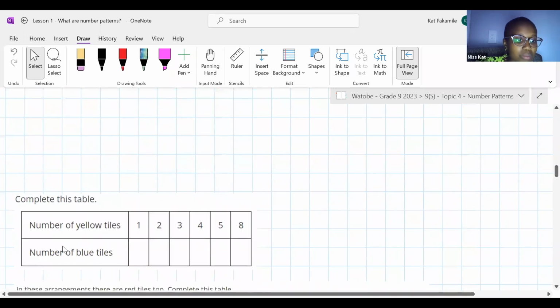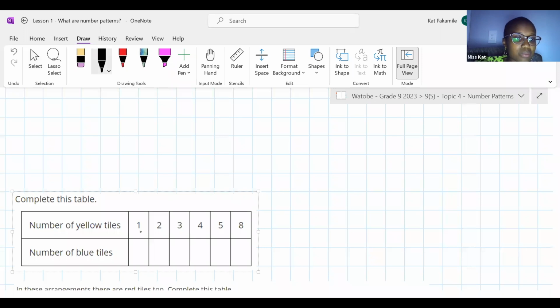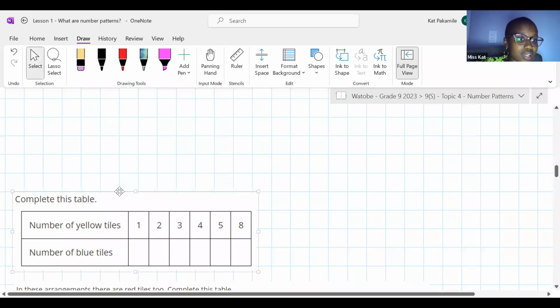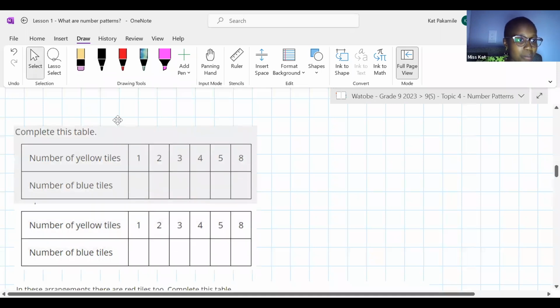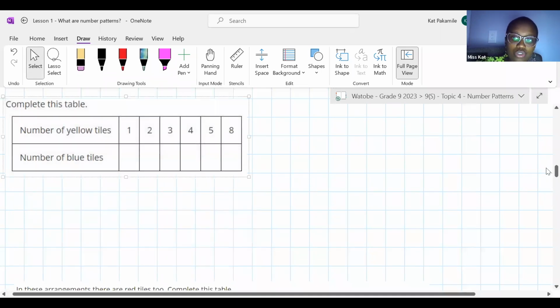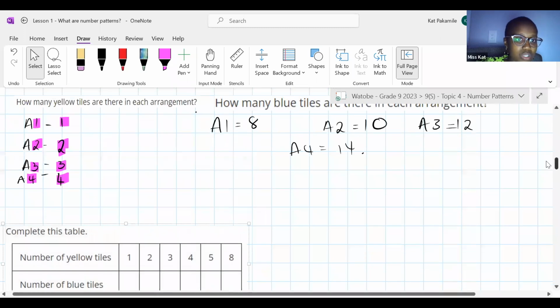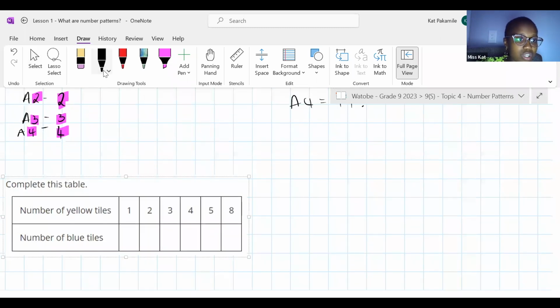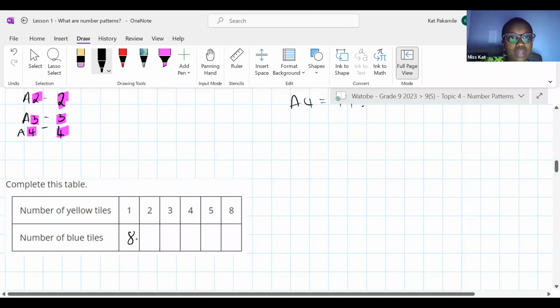Now, let us complete this table. So remember we said in arrangement 1, this is just a different way of representing it. It's just the exact same information, but you need to get used to different ways of representing what we're talking about. So in arrangement 1, we had 1 yellow tile and 8 blue tiles. Now,